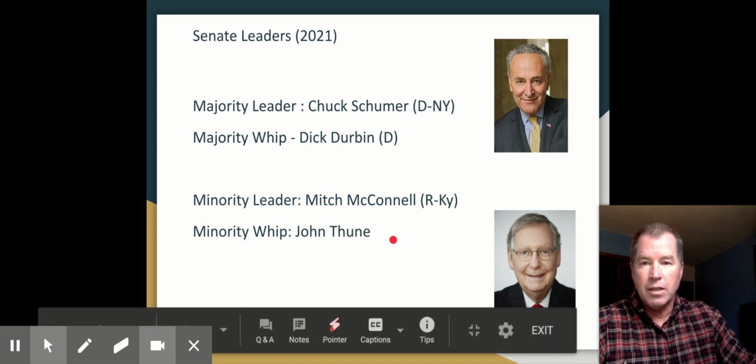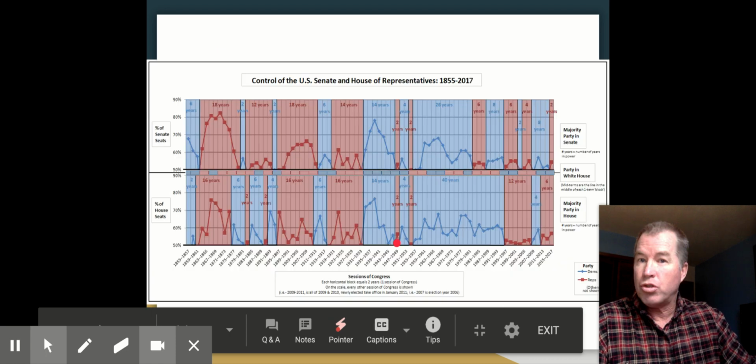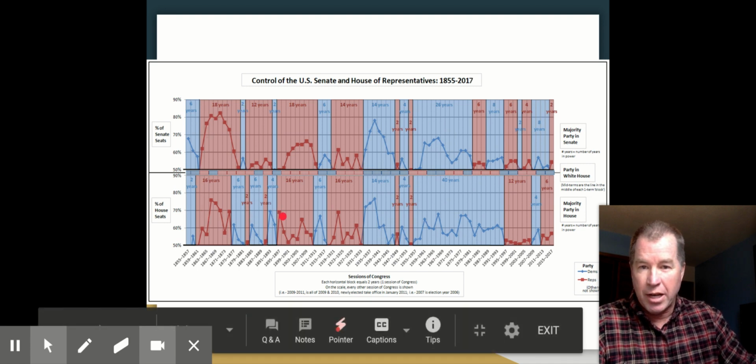All right. And there are whips, and the whips are considered kind of second in command in the Senate. And they did the same job. This is a little breakdown of the Senate seats and the House seats, and red means Republican and blue means Democrat. And you get over here and you can see there's a long run in the middle where Democrats control both